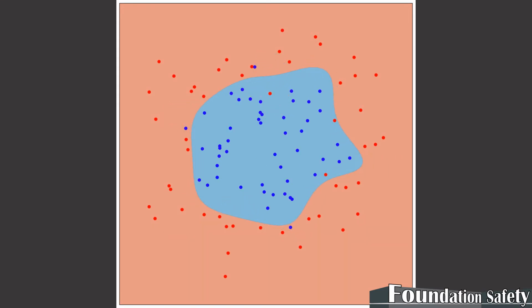There are parameters in our model that we can adjust to make the contribution of each point a little bit less. So now we've got a model that's probably going to be a better predictor, even though it has some error. You have some red dots in your blue space and some blue dots in your red space. This result even looks a little more intuitive. But you would never see it in high dimensional space.